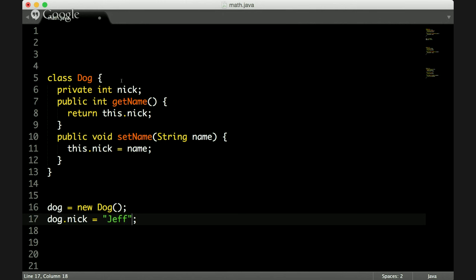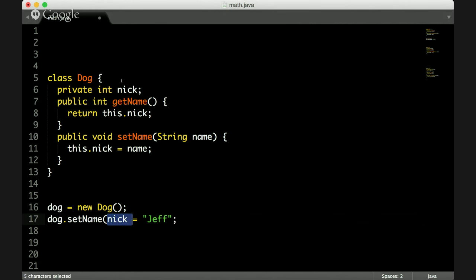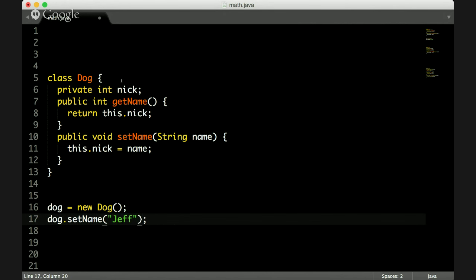That's not possible. So in order to prevent us from directly accessing the property of the dog, they introduced this idea of setters. Now I have to call setName like this. That's the only way I can access the name of the dog. That's what setters and getters are for.